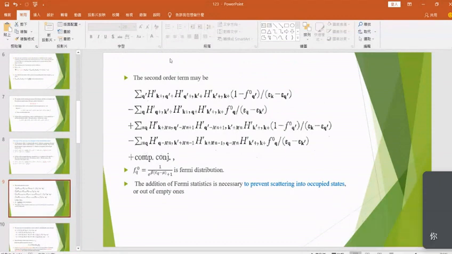So the second order term we may write as this term, but we consider the Fermi distribution, since we need to prevent scattering into an occupied state. It means that if this is an occupied state,